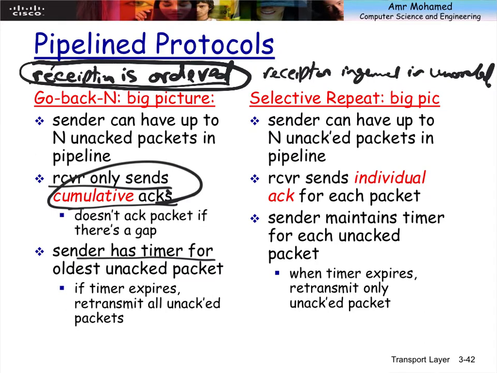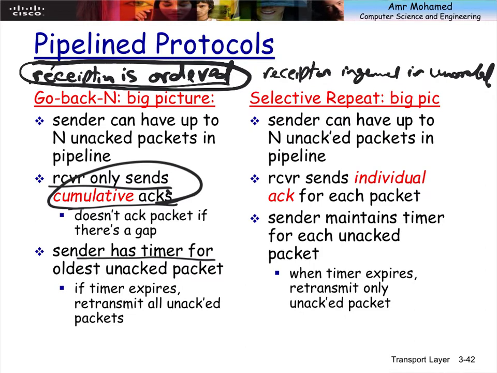So now we have two questions. First, will I accept segment number 4? No, it has to be in order. Second, what acknowledgement should I send? Should I send acknowledgement for packet 2, or packet 3, or packet 4? Definitely not packet 4. In fact, I should send the acknowledgement for the last successfully received segment, which is packet 2. But the problem is, before this acknowledgement reaches the sender, if it happens that the timeout